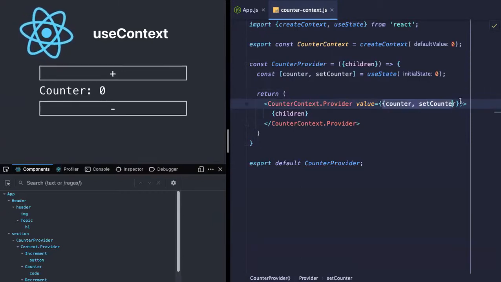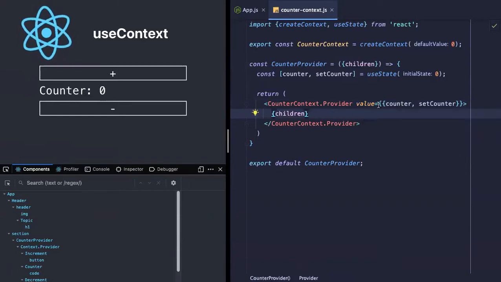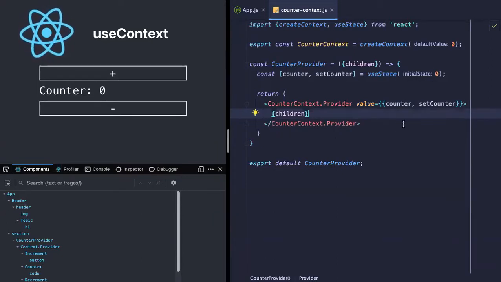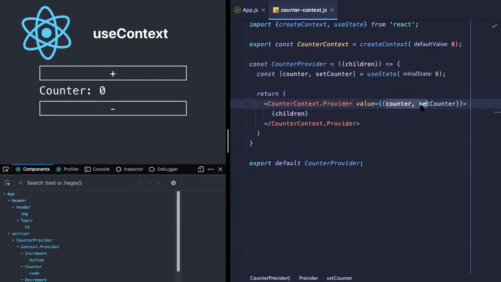So this object will always get initialized. Irrespective of whether my counter is changing or not, I'll always get a new object. That means my provider is always going to provide a new value, right? So that's a drawback of this particular design.